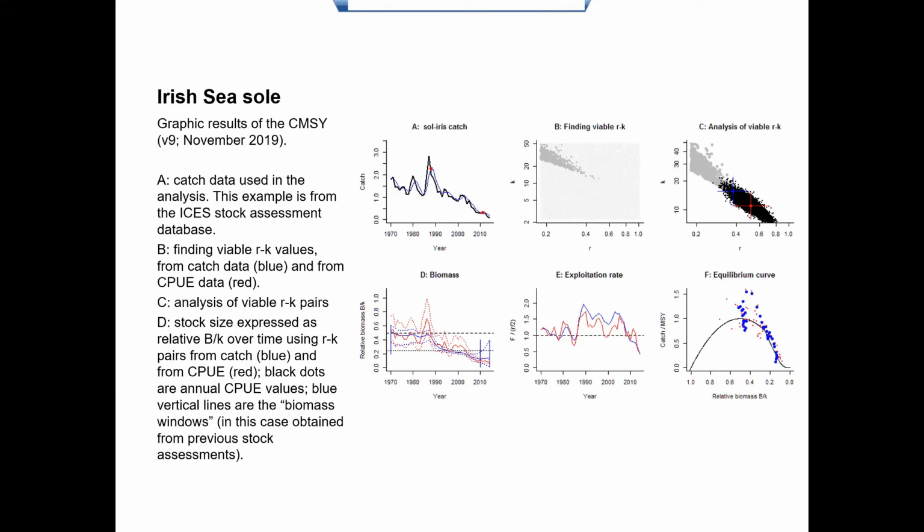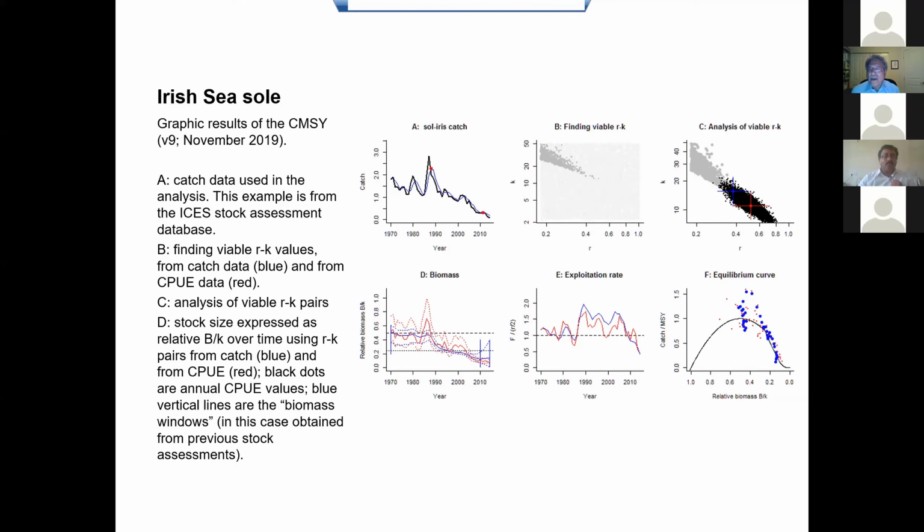And when we do that for a wide range of combinations, we'll find that the biomass in most combinations is going extinct. The fish go extinct because the carrying capacity is too small, or the growth rate is not big enough to sustain the catch.